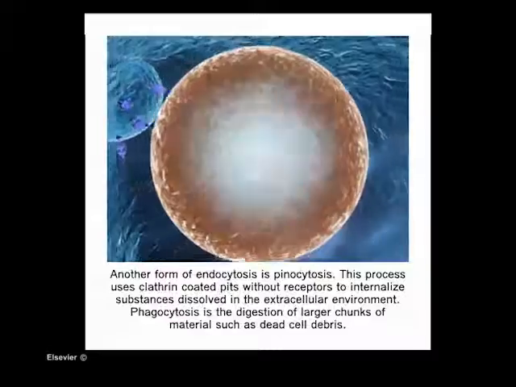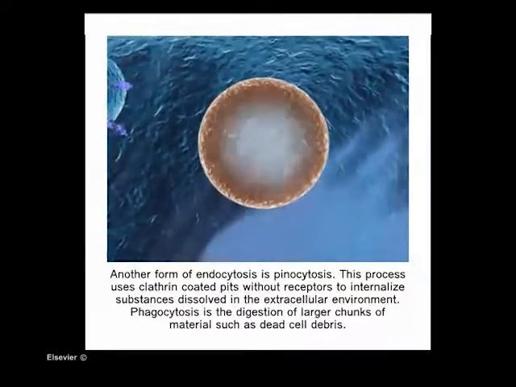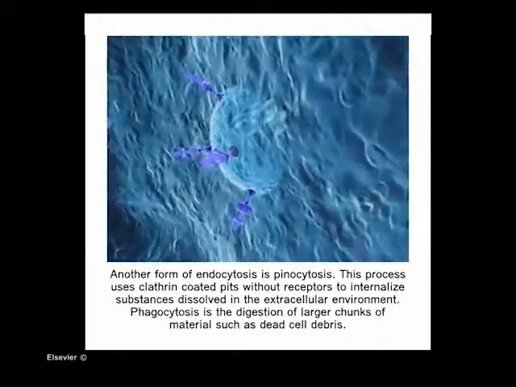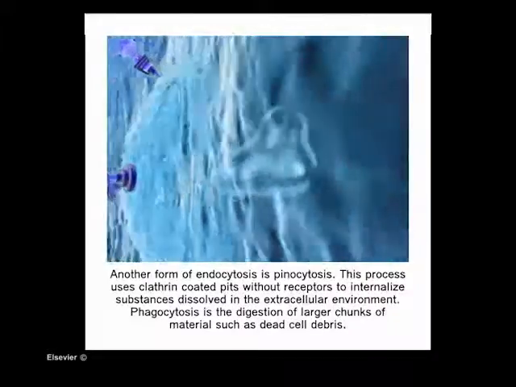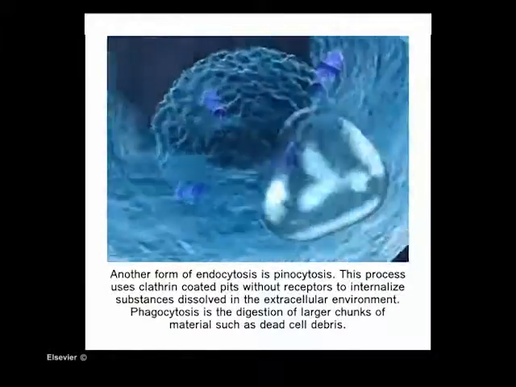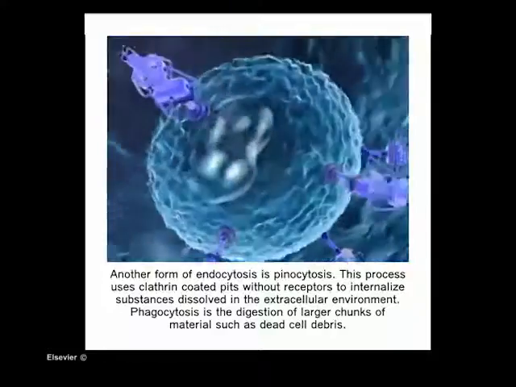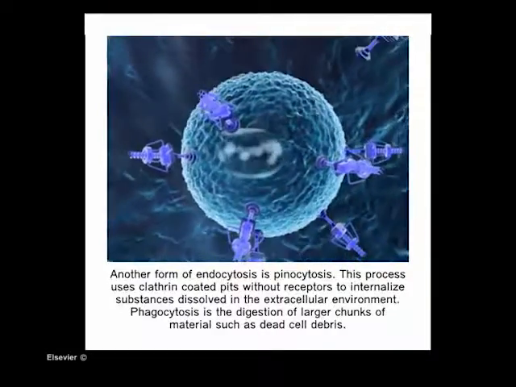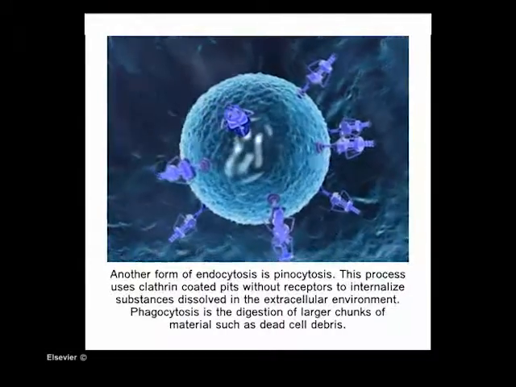Another form of endocytosis is pinocytosis. This process uses clathrin-coated pits without receptors to internalize substances dissolved in the extracellular environment. Phagocytosis is the digestion of larger chunks of material, such as dead cell debris,